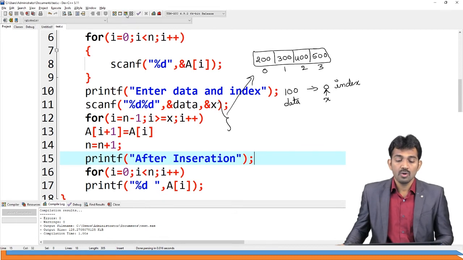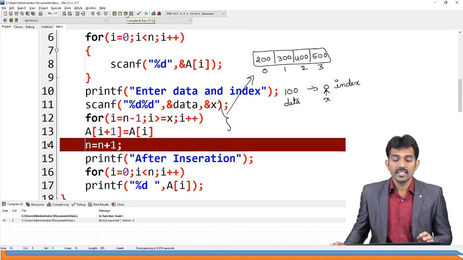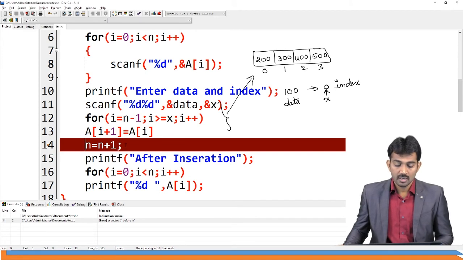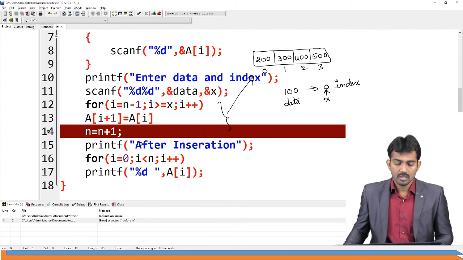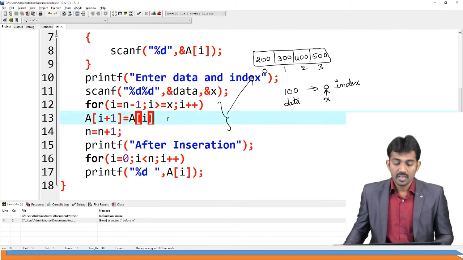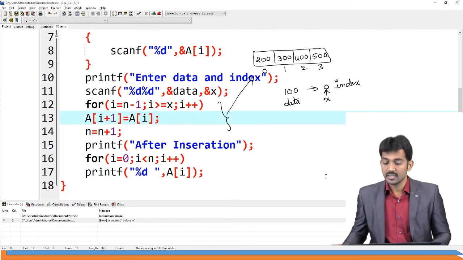If you run this code, first you will see the output. Here I forgot a semicolon.